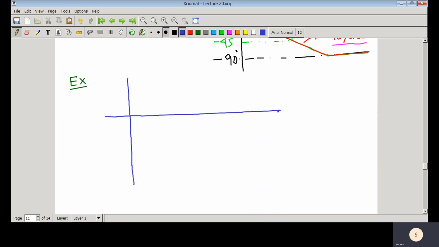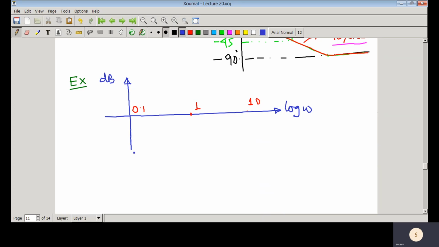So this is the frequency, log omega, and here you have the magnitude in dB. We can see the frequency here is 0.1, and say here this is 1, this is 10, like that.